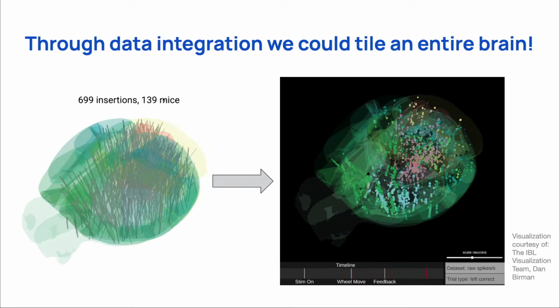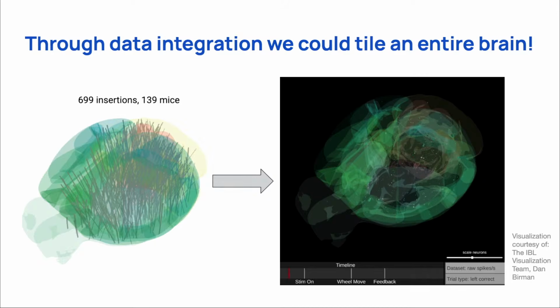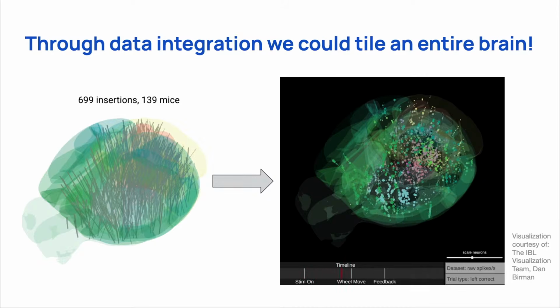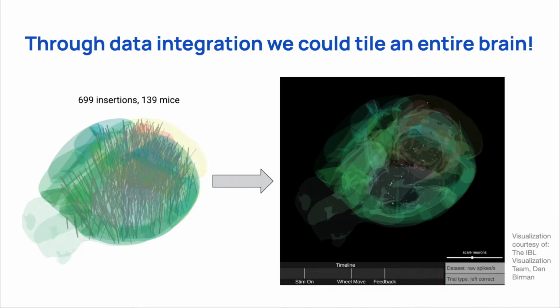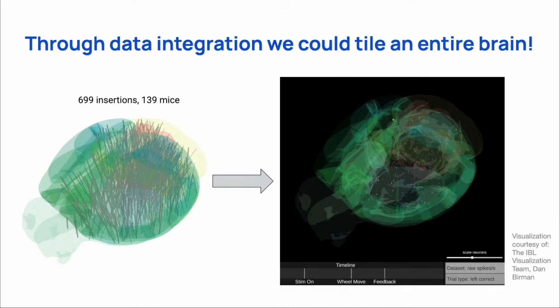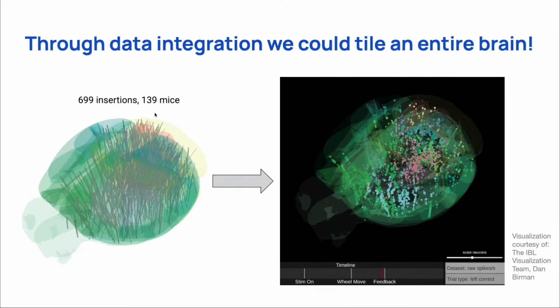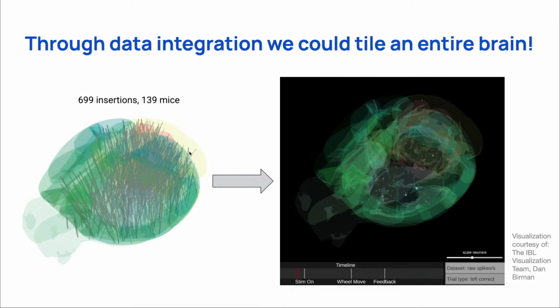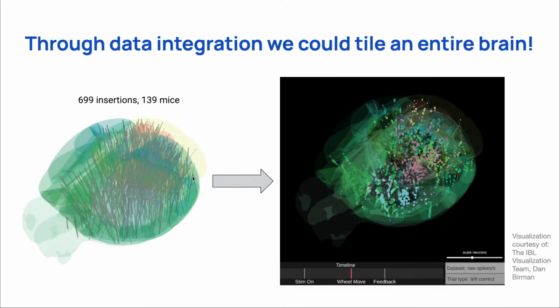And so now if we imagine just, what would this look like to kind of put this all together, we start to see that instead of just seeing this small little swath of tissue, we can imagine that we could actually span most of the hemisphere of a brain and get a very dense sampling, but only through this sort of aggregation step over many animals and many different data sets. So this would be kind of like the vision of the future if we could do this effectively.